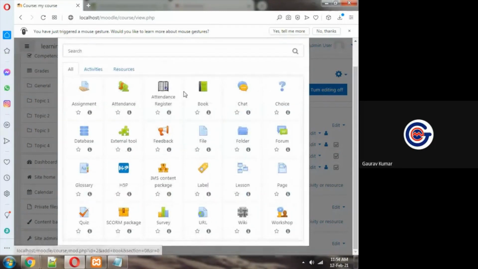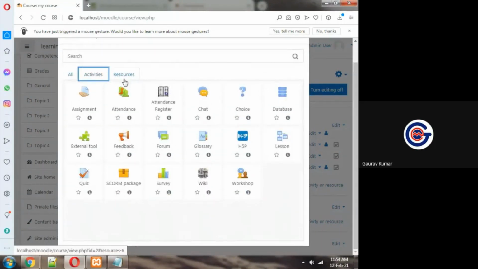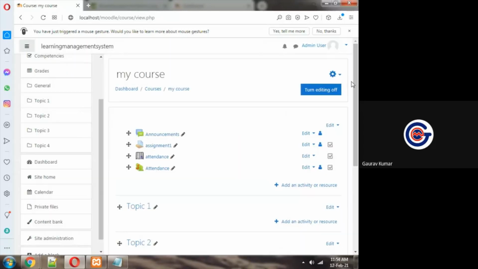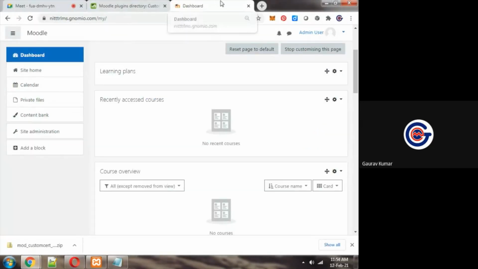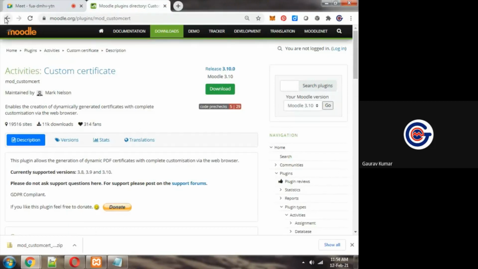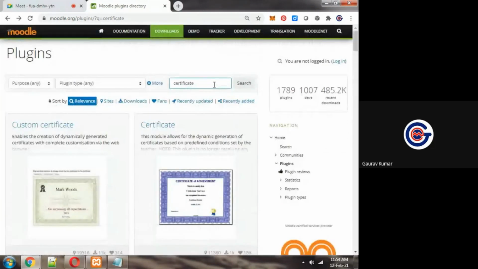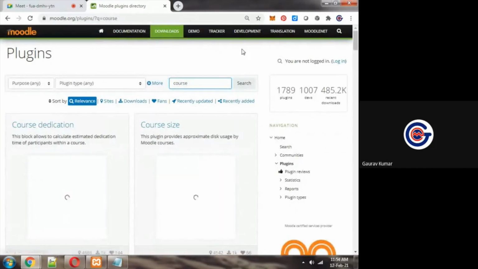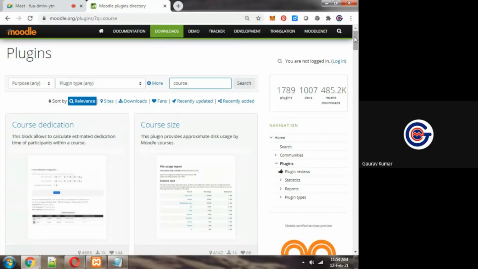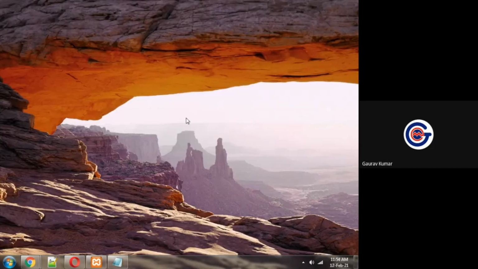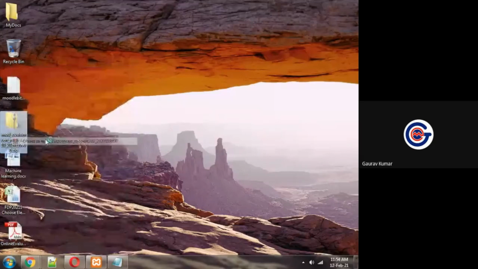So you can see that this. So whatever plugin we want to integrate, first of all, we have to download it, and then we upload it directly on the server. Suppose course management, and minor modification in the backend script is also done if a compatibility issue is there. Okay, so suppose I have downloaded this file.